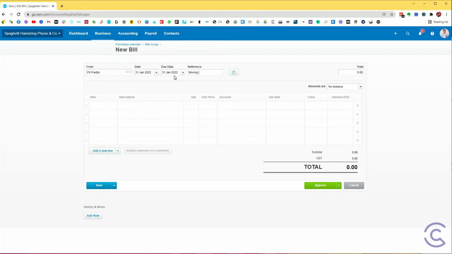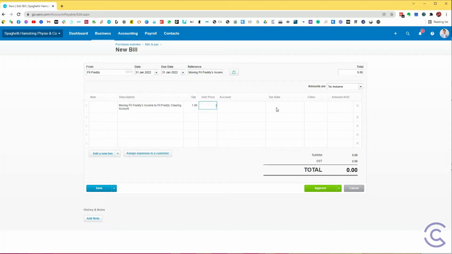And this is moving Fit Freddy's income to Fit Freddy clearing account. What I like to do here is also attach the report. So you can click here and add the report which you downloaded. I'll just copy the reference, and it's going to be